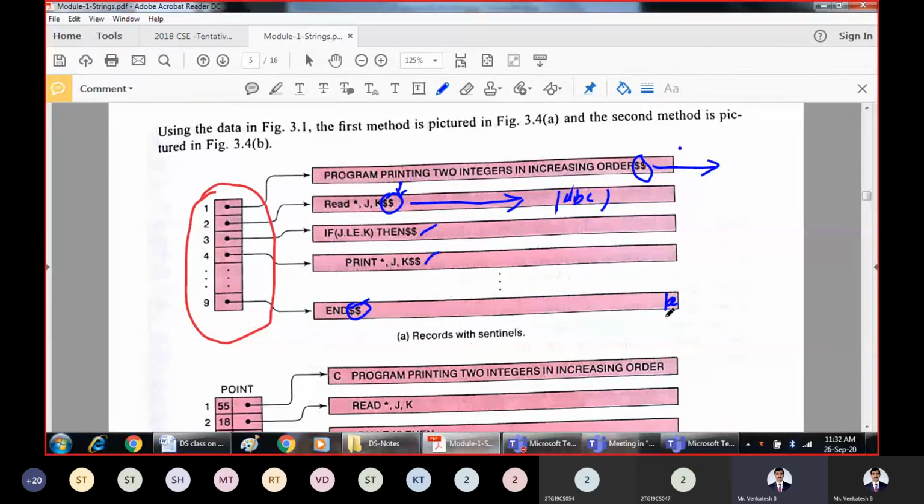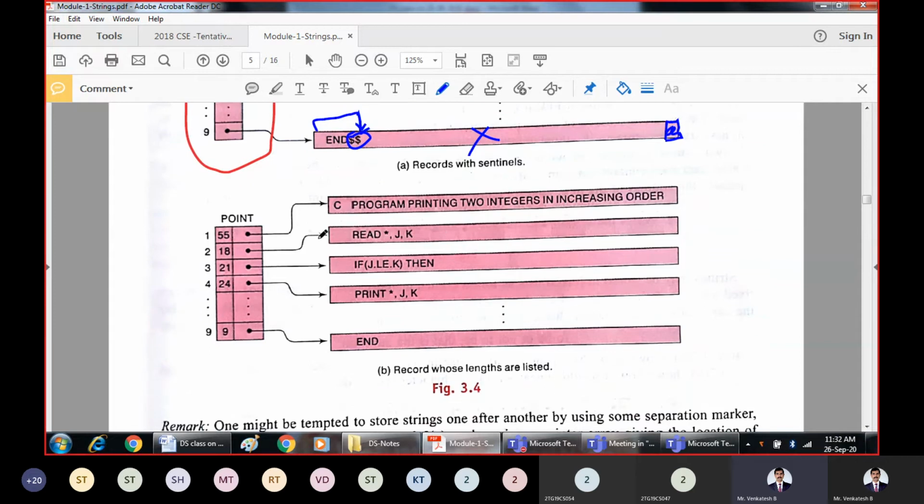So to avoid this unnecessary work, we can use a double dollar symbol, which indicates the end of the string. What is the length of every record? 80 columns. But the actual record is variable. Here the length of this record is from here to here, and the length of this record is here. That is indicated by the double dollar symbols.